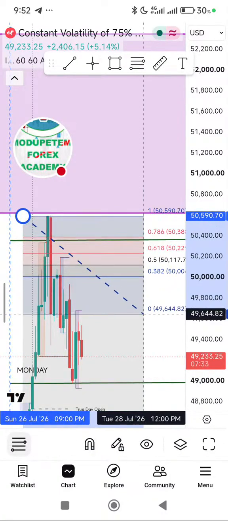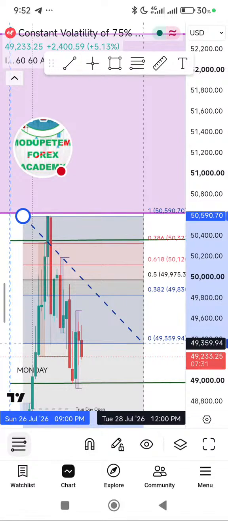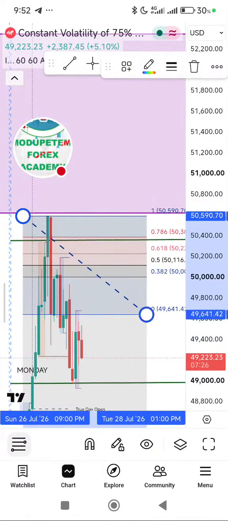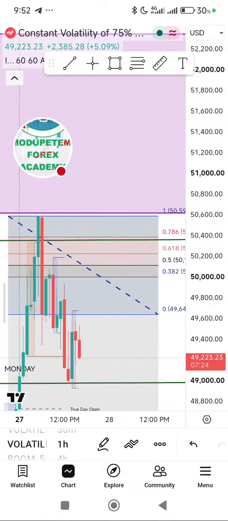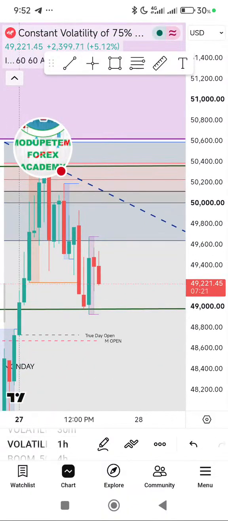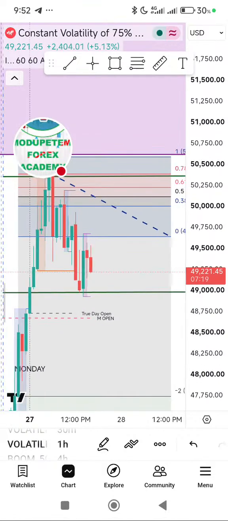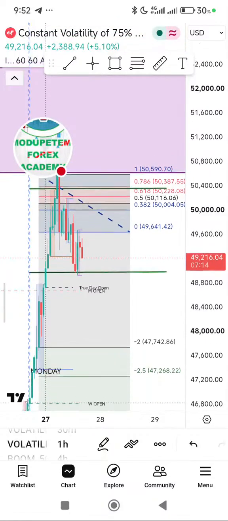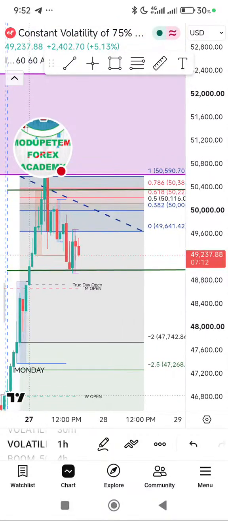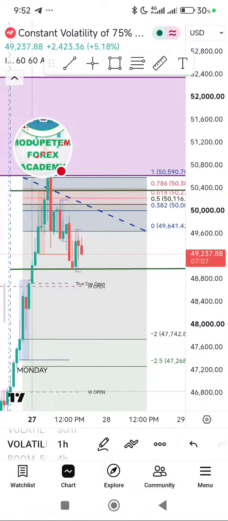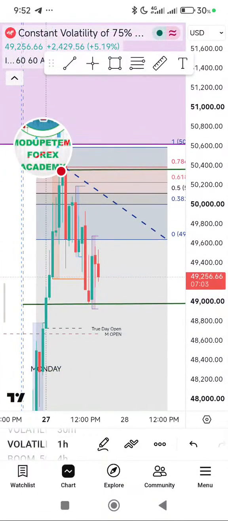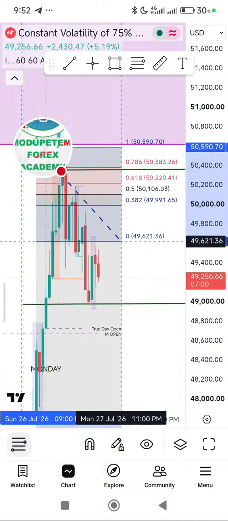I'm going to be measuring this candle here. I can measure the candle close, and I can measure the wick. It all depends on what I have. So if I'm going with the wick, then that means the retracement is not over. Look at 2.0. That means they are still coming down. So at 2.0 now, look at what we have. It is very important you pay attention to this level.